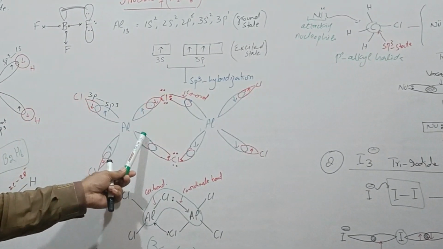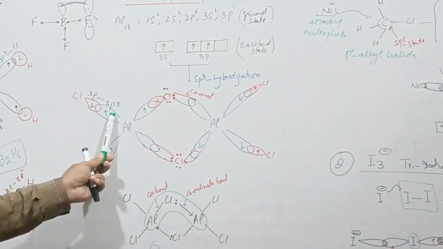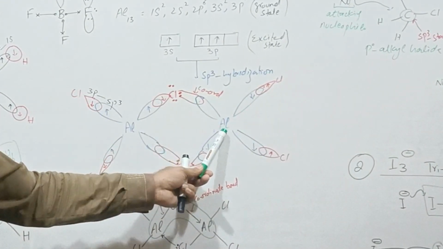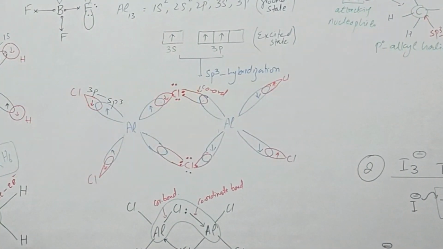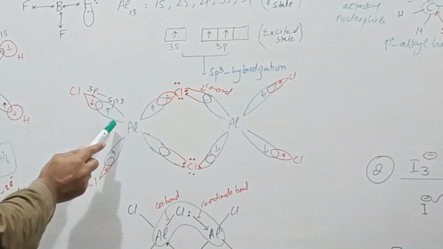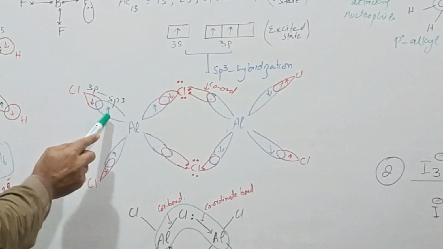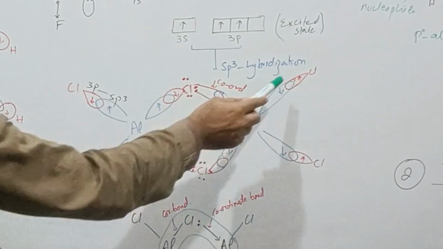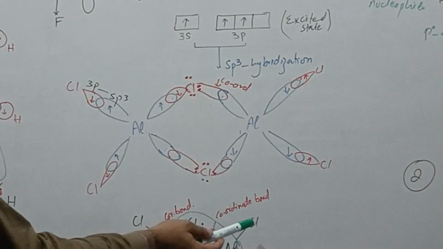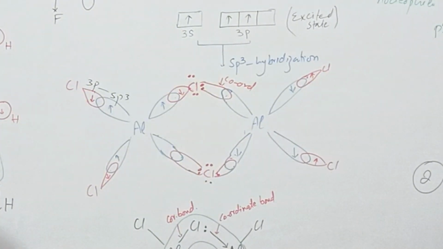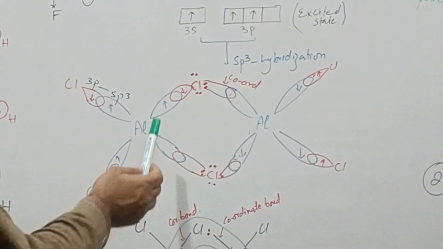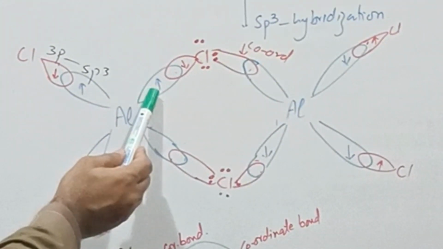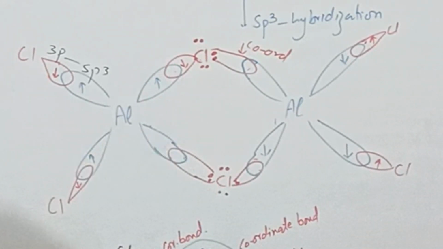So these are 4 orbitals, as shown in blue color, of one aluminum, and this is the sp3 hybridized orbital of the other aluminum atom. So this partially filled sp3 hybridized orbital of aluminum overlaps with the 3p orbital of the chlorine. So these 1, 2, 3 and 4 similar types of overlaps result in the formation of simple covalent bonds. If we see this partially filled sp3 hybridized orbital, it simply overlaps with the